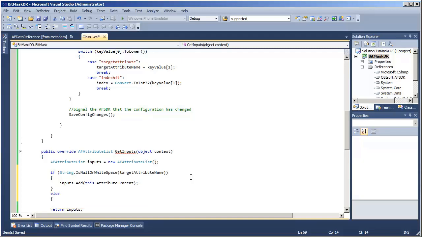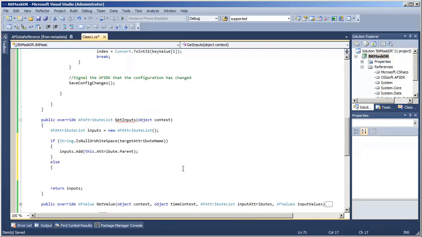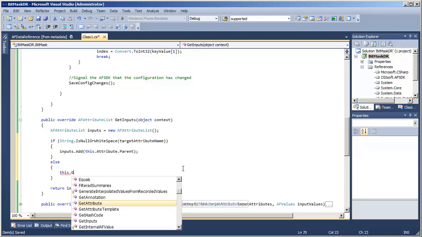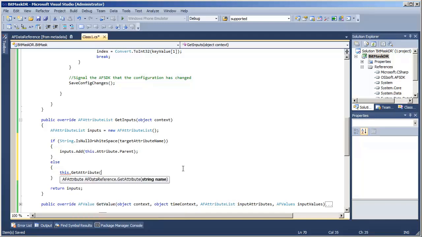Otherwise, we'll assume that we're supposed to go and look up the AF attribute object relative to our data reference. The AF data reference class provides a method that can do just this. It's called getAttribute, and if we pass it the name of an attribute, again in a syntax relative to our own element here, then that attribute gets resolved for us.